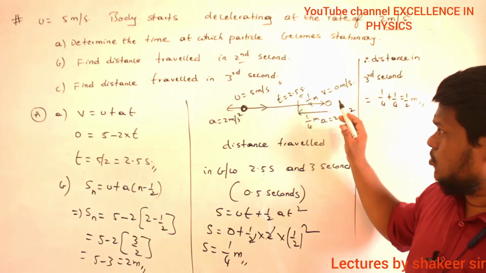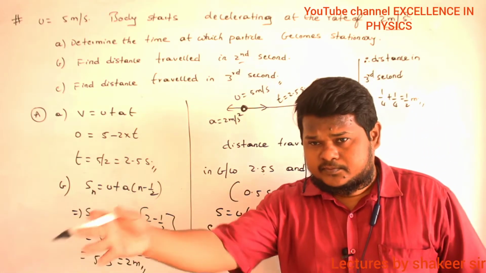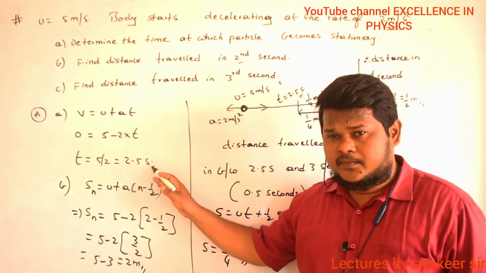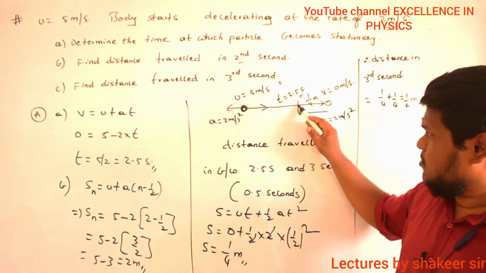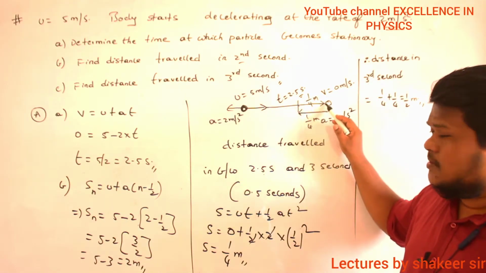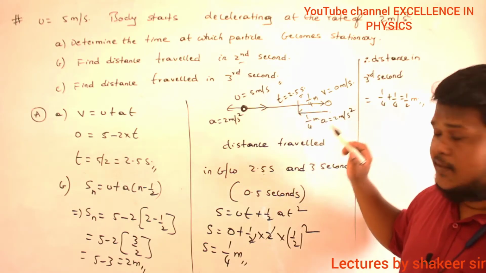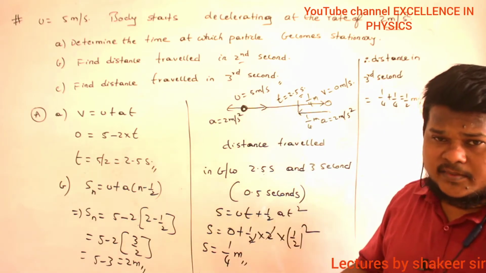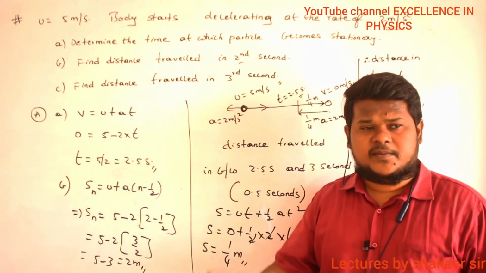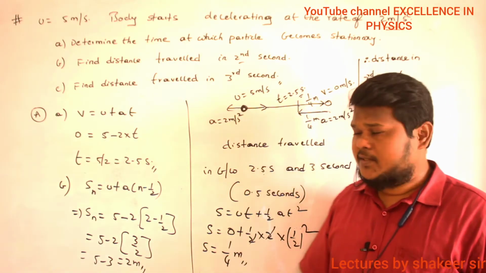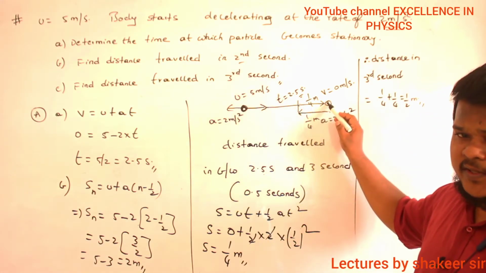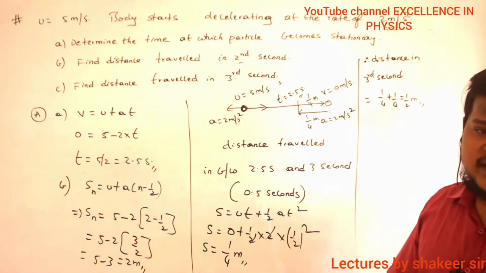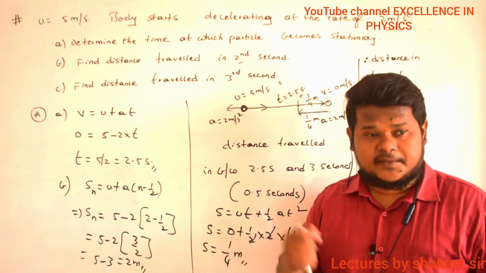In between 2 seconds to 2.5 seconds, what is happening? Body is stopping, no? Body is going into rest position. Because what is the total time taken for the body to stop? 2.5 seconds. So in between 2 seconds to 2.5 seconds, body must travel how much distance? 1 by 4 meter. Why? Because from here to here and from here to here, acceleration is remaining the same. If acceleration remains the same, body will travel the same distance in the same time in this condition. Are you able to understand? So from here to here it is 1 by 4. From here to here also it is 1 by 4. So total 1 by 4 plus 1 by 4, half meter. That is the distance travelled in which second? Third second.